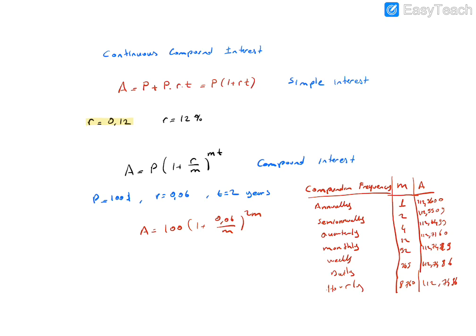So keeping P, R and T fixed in the equation, we pull P outside the limit using a property of the limit. We can say that the limit, when m goes to infinity, of P times 1 plus R over m to the power m times T equals P, which is constant, times the limit of 1 plus R over m to the power m times T.